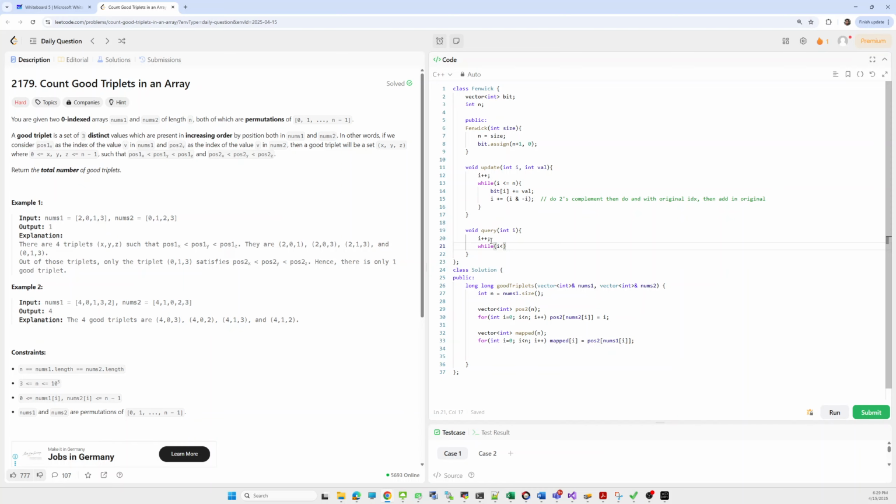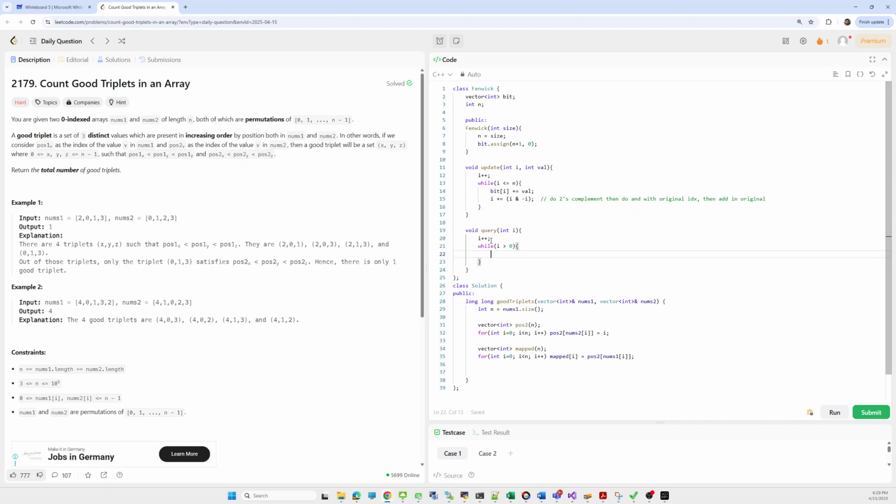Here we are going from bottom to up till the parent node. So the check will be I is greater than 0. And how we'll update? First we'll take sum plus equal to bits of I,